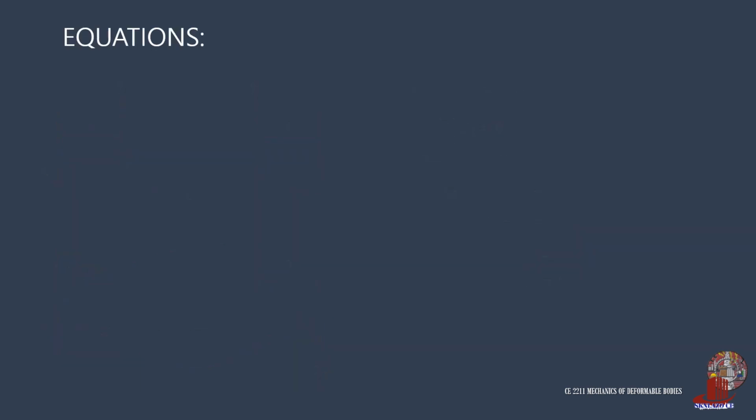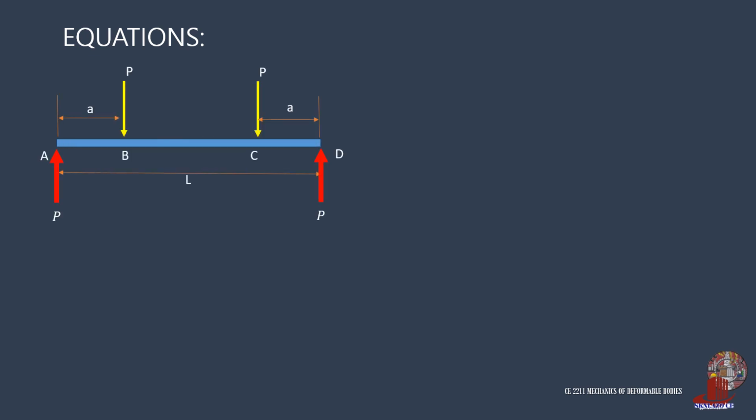Knowing the support reactions, we can now look for the equations. But first, identify the number of spans required. The trick is to place a section before each change of load. So section 1 is placed between the reaction at A and the first load P. There is also the second cutting plane between point B and the other point load at C. And yet another cutting plane is placed between points C and D.